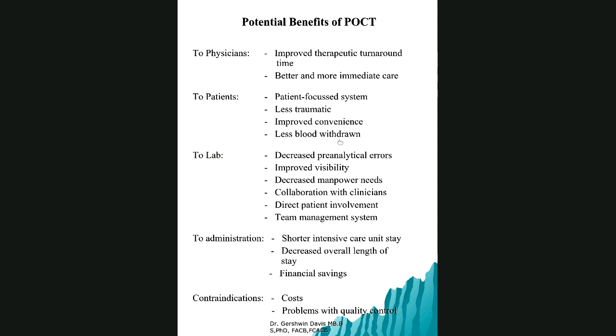So iatrogenic anemia is anemia caused by physician intervention. The patient is ill in hospital and the medical management dictates that you should have frequent blood draws to monitor the progress of the patient. That procedure in itself can lead to anemia, and that is called iatrogenic anemia. So what is suggested is that a point of care system, where you're using small samples, may help reduce the likelihood of that happening.